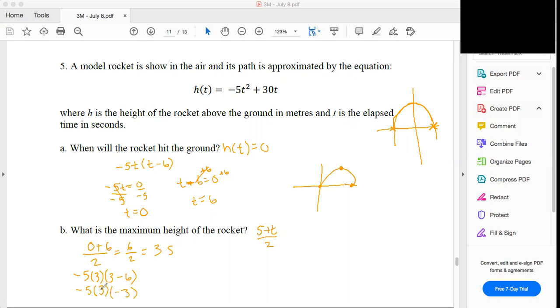So -5 times 3 times -3 is 45 meters. So the maximum height is 45 meters. So I'm clearing this, and there's just one last question here